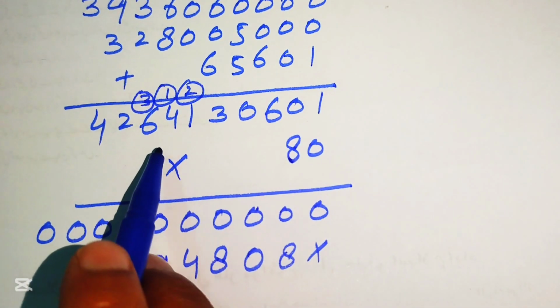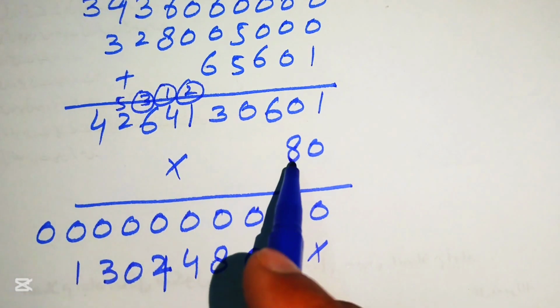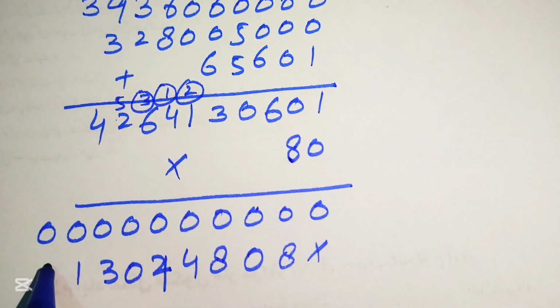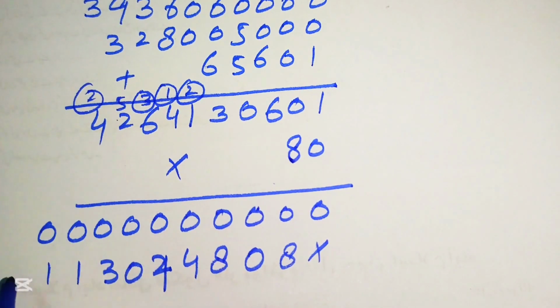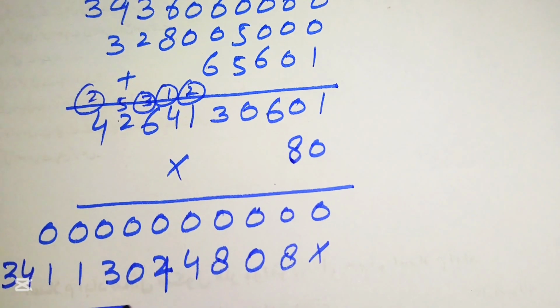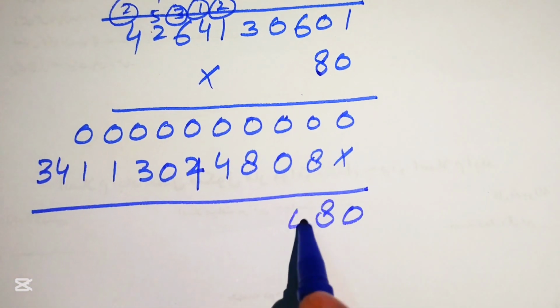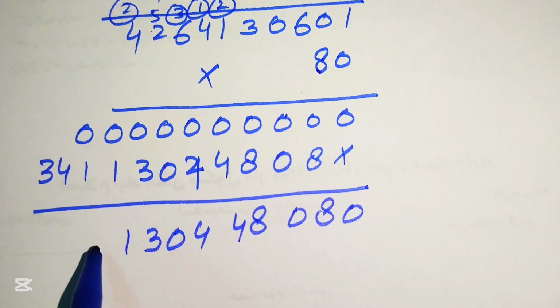8 6s are 48. 48 plus 3 is 51. We write 1 and carry 3. So 8 2s are 16, 16 plus 5 becomes 21. We write 1 and carry 2. 8 4s are 32, 32 plus 2 becomes 34. So finally we get its answer is 0808440311